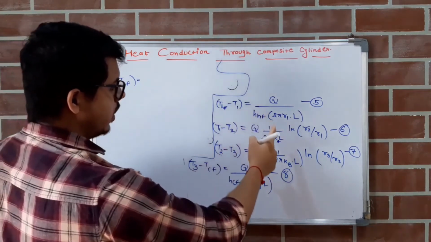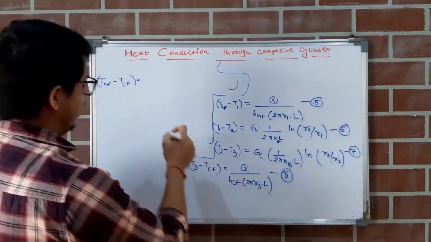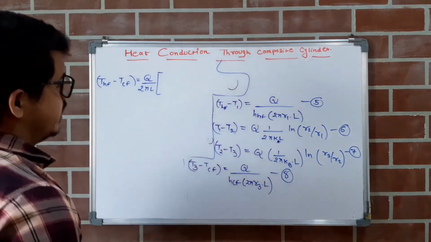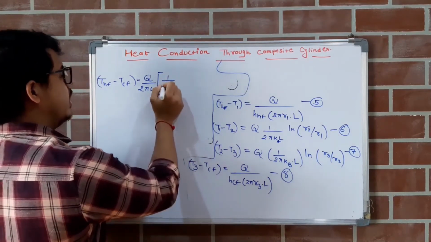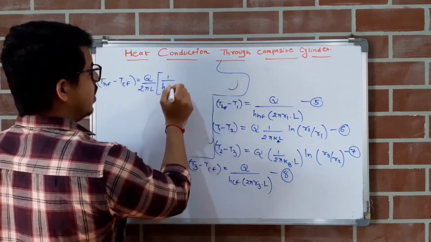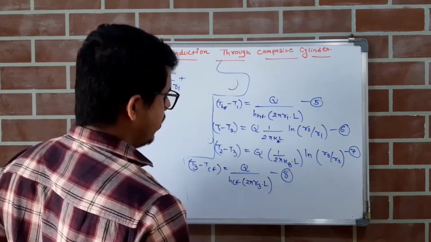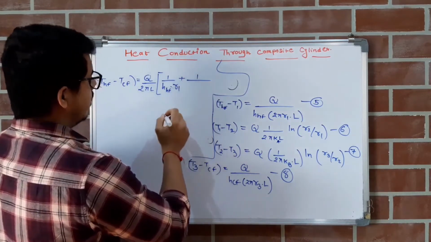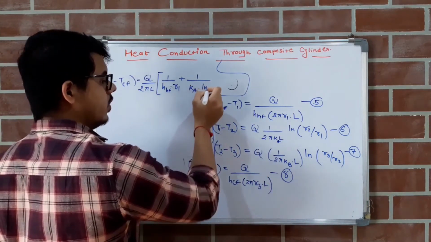Q upon 2 pi L is common in all these 4 equations, so I will bring it out of the equation. So it will be what? It is 1 upon HHF into R1, plus the second term will be 1 upon Ka, or we can write, Ka into ln of